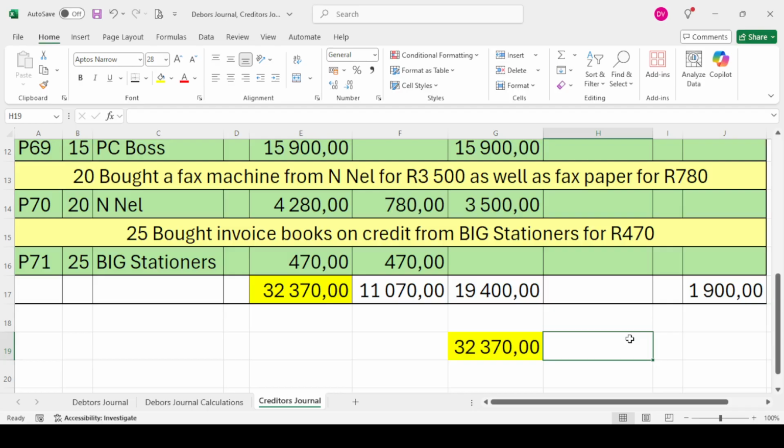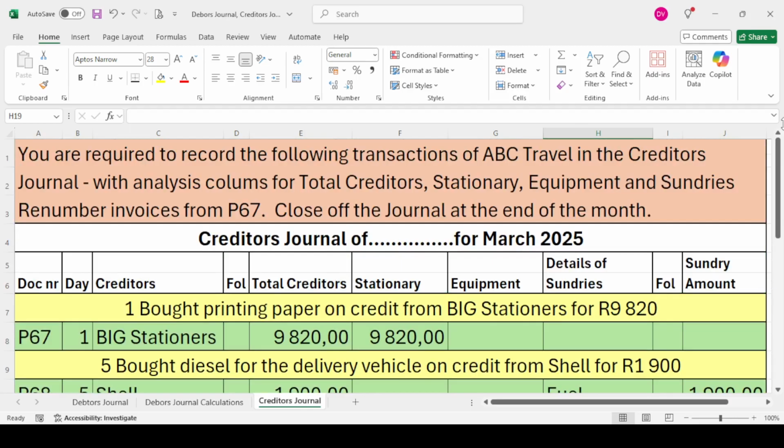And if it doesn't balance, maybe you just forgot to put the value under your total creditors, or maybe you had it under total creditors, but you forgot to put it either in a column or in your sundries. So it's a nice way just to double check. And I always say TOP N5, it's one of the few subjects that gives you an opportunity to double check yourself and then maybe to fix the mistake if you find that you've got an opportunity to fix it. So that's great. Okay, guys, that is Creditor's Journal.